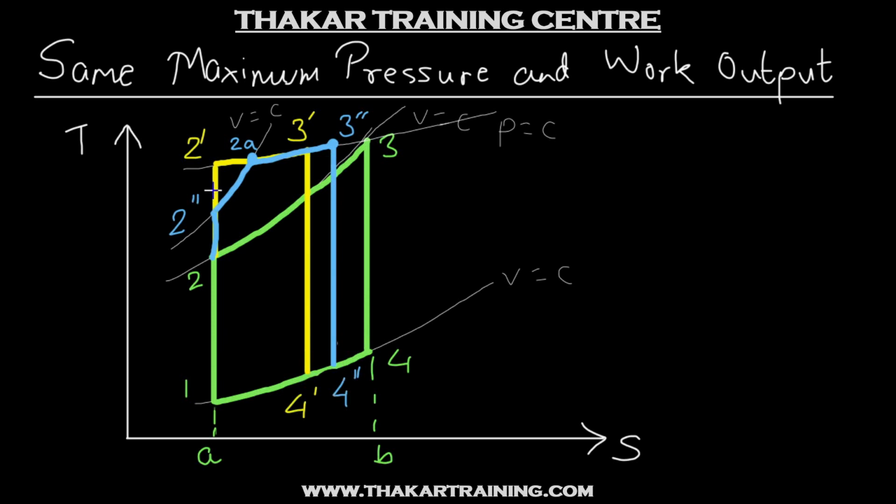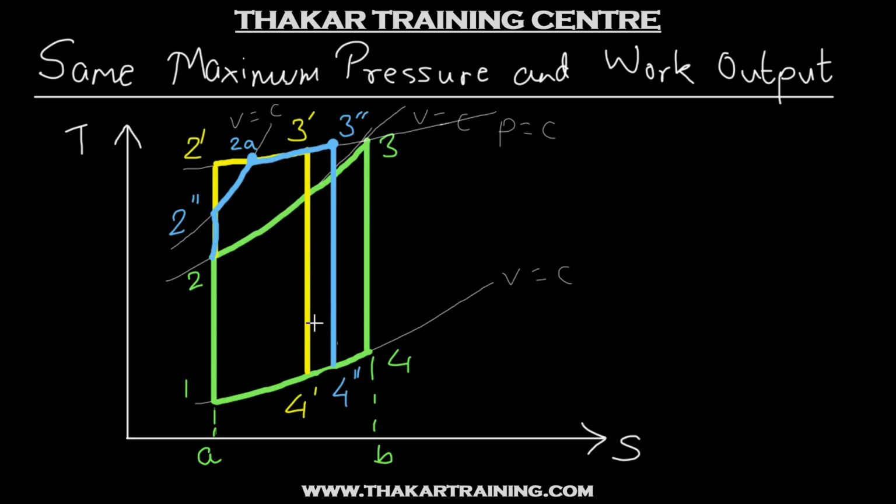Alright, so now you can see, for diesel and dual, this much area is less for the dual cycle. So we compensate by moving 3 double dash. So this strip should be equal to the area in this strip. Obviously it is not looking that way over here because it is not to scale. So this area will be the same as this area.